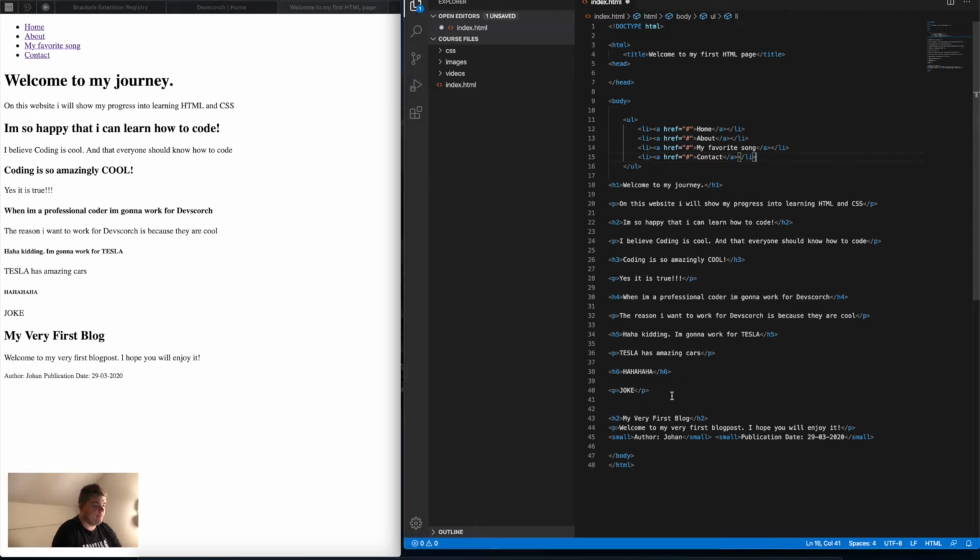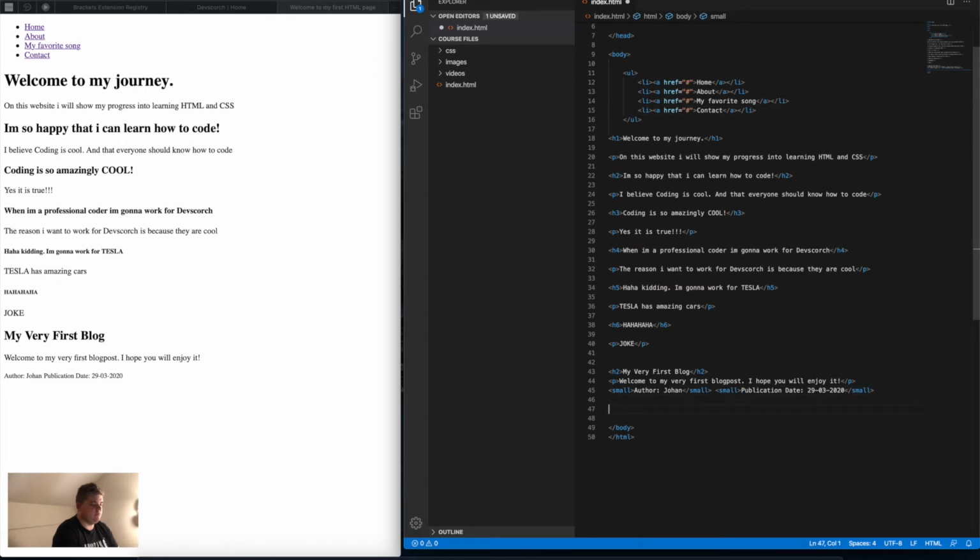Something else we're going to do, we're going to add an ordered list. The difference between an unordered list and an ordered list is that you can give your ordered list a type. So in this case, close it, open it up, and you know what, we give this a header first. We're going to give this a header 3, and we're going to call this stuff I want to learn. Save this. Inside the OL, you're going to call a list statement,